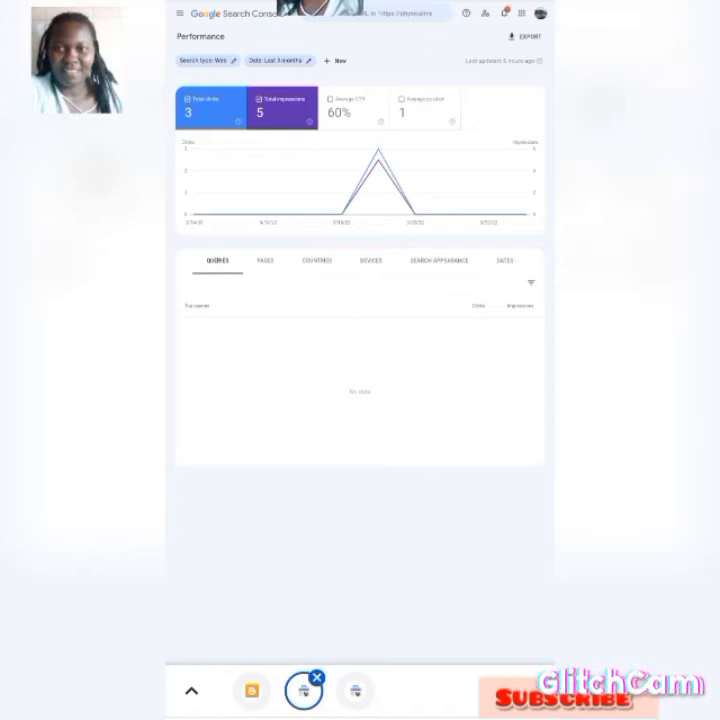For me today, I've not gotten the traffic, that's why you can see there is no information at all. So we'll have to go back, and you can clearly see there is the search type web and the date from the last 3 months. So the information there is showing from the last 3 months. My blogger was dormant for a while, that's why you can see that I don't have much traffic there, but